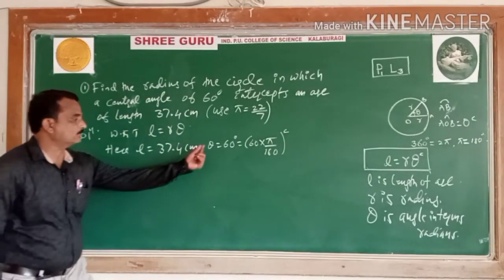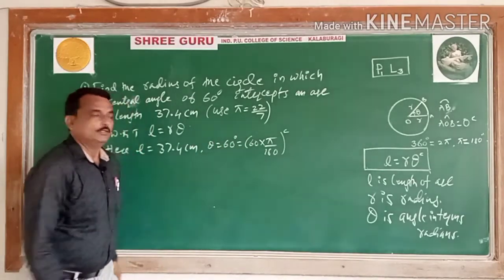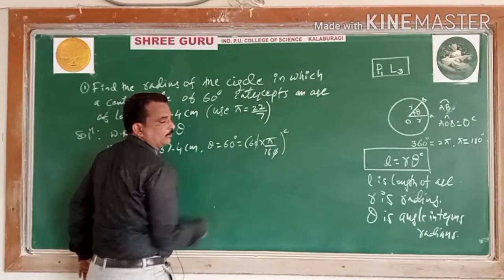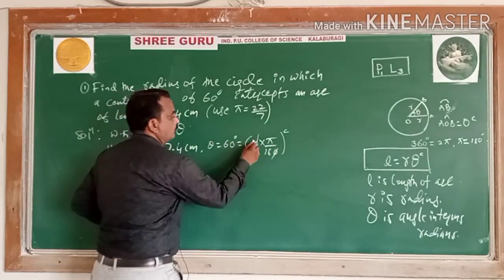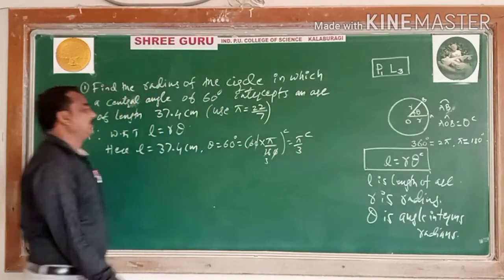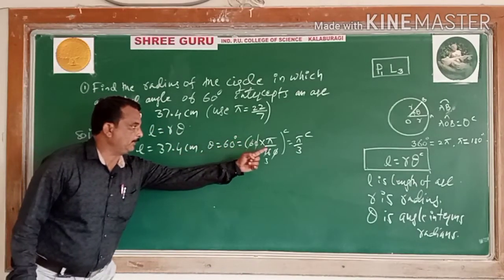Students, I will write some common angles. I will make a table after this example. You have to write it directly, it is not necessary to convert some standard angles every time. So 6 threes are 18, so how much is it? Pi by 3 radian. So you get theta in terms of radian as pi by 3.